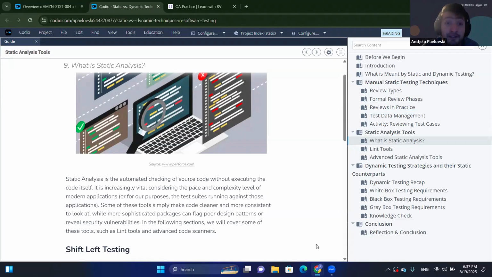The idea of static analysis is to have an automated checking of source code without executing the code itself. So what does that mean? That means that you take bits of code, and this is not really only meant for development code, so not only for the developer side, but it's also for the QAs that are making automation scripts. So what you're essentially doing is using a tool in a way like a grammar check tool in Word, for example. And what you do is go through the code using that automated tool, and it gives you some